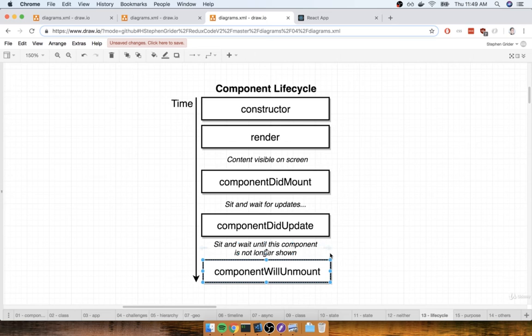So if for some reason we decide to no longer show this component, the componentWillUnmount method will be automatically called. This method would usually be used if we want to do some kind of cleanup after our component. And of course, we'll discuss under what scenarios that would occur. Now, to get a better understanding of some of these different lifecycle methods, I want to implement componentDidMount and componentDidUpdate inside of our component and just put some basic console logs inside there and just say, okay, yep, these things get automatically called at some point in time.